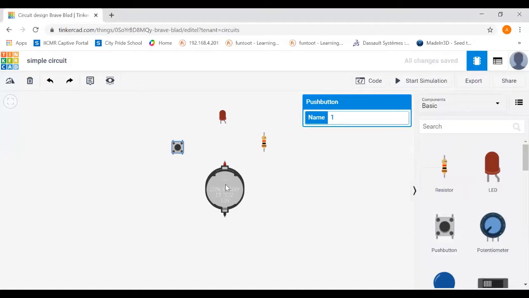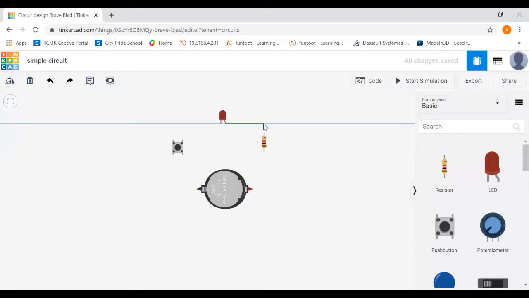Now one more option is there. When you click on coin battery, you can rotate the components. Fine. So for that you have to go to exact left hand side and you have to click on rotate like this. Fine. So now, as all of you know, that LED has positive and negative terminal, and the longer lead is a positive terminal, and positive terminal is called as anode.